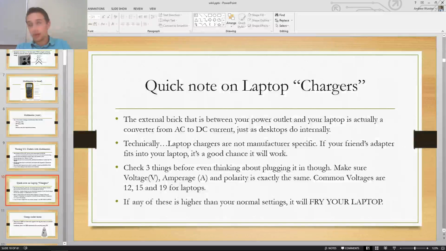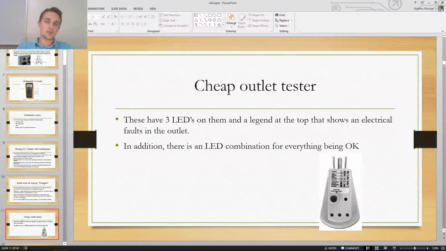Very bad things happen. I've had several laptops fry that way. Some nice things about some chargers that are made by manufacturers is that they'll actually build in protection for small surges. But if you have an electrical storm, it's toast. If you ever have any type of electrical storm, you should just unplug it. Don't rely on your power strip to